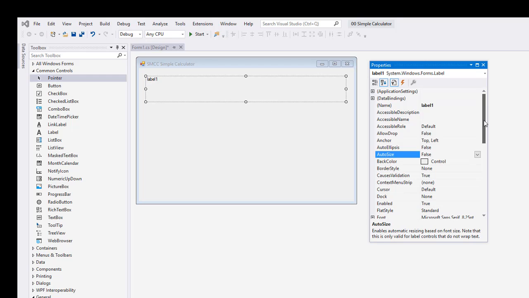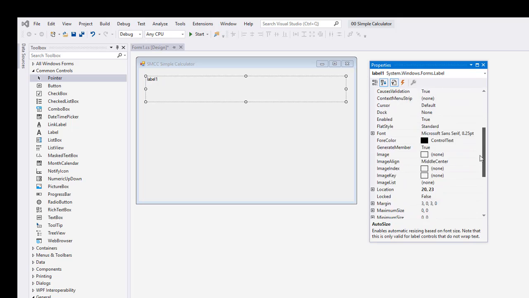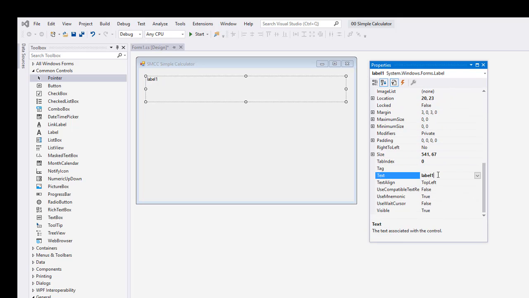So one of the properties that we want for the label is to display some text in it, and that's going to be in our text property. And our text is going to be enter values in the two text boxes. And by the way, you can click the little drop down arrow here and it gives you a much larger window to type things into. So we want to do enter values in the two text boxes